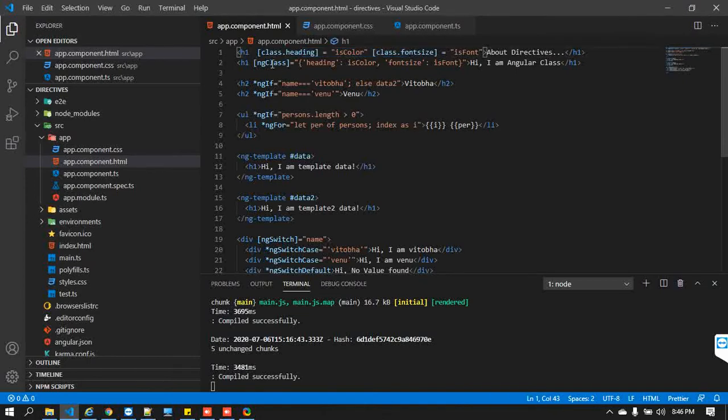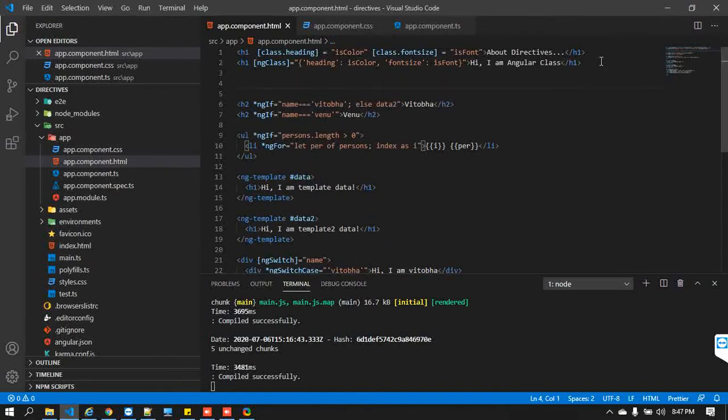So this is the major difference between this and this. Angular class will give you a very comfortable way to add multiple classes to your respective element. The classes will be added based on your condition. This is very important, guys. That will be taken care of by your respective Angular directive, that is nothing but ngClass. Now this is all about the classes.